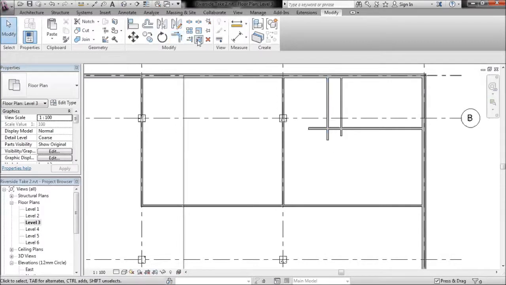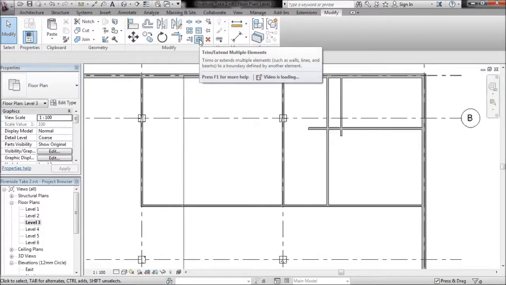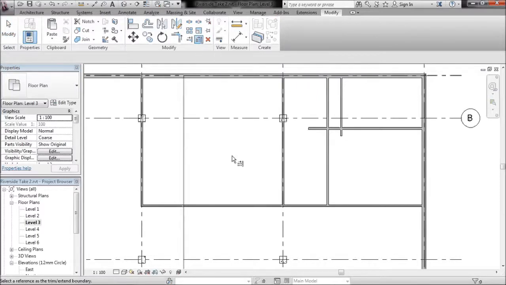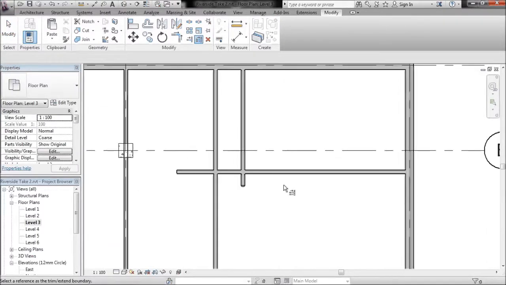In fact, let's do a multiple extend. So I'll click that edge and that line down. That's fine. Press escape. Again, click the trim extend multiple elements. Just click that. I'm just going to zoom in. I'm just going to click this upper edge of this